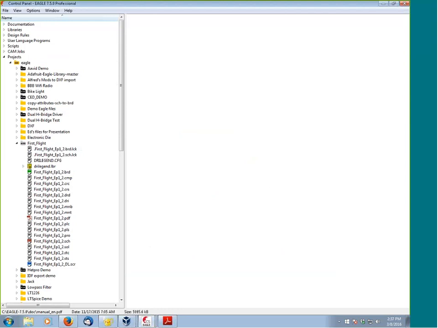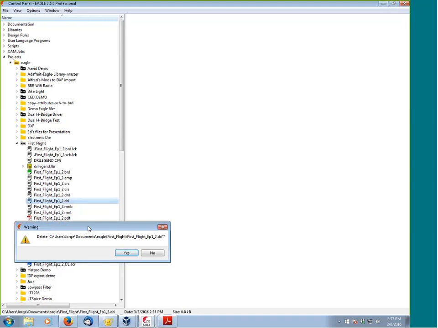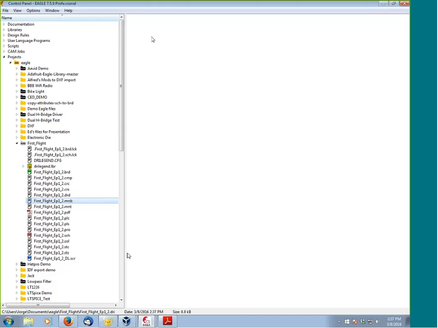minimize this, go over here, and we'll see that here we have a DRD, which is a drill file, and then this DRI. DRI is the same thing as the GPI file, not necessary. It's only for a summary and for debugging purposes. So you can go ahead and delete this one as well. Okay. So we'll go